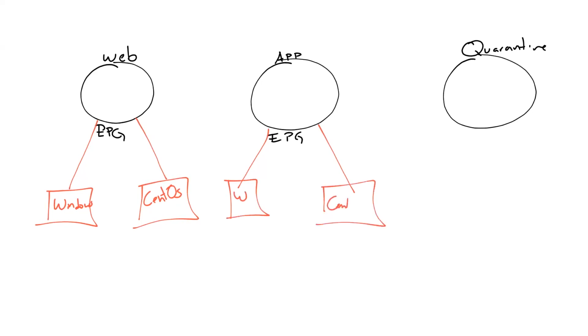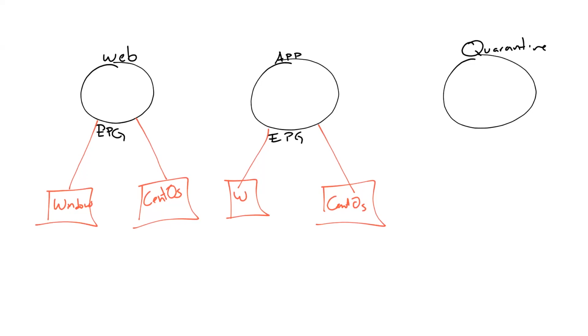Following the example that I gave you during the PowerPoint presentation, if CentOS announces that there is a vulnerability for a specific CentOS version, then you can quarantine those servers and make ACI migrate those endpoints into a quarantine endpoint group. Then you can handle those CentOS upgrades or patching from that specific EPG without affecting your environment. And then you're actually protecting, because now those CentOS virtual machines are not going to be able to talk to your data center until you release them from the quarantine.